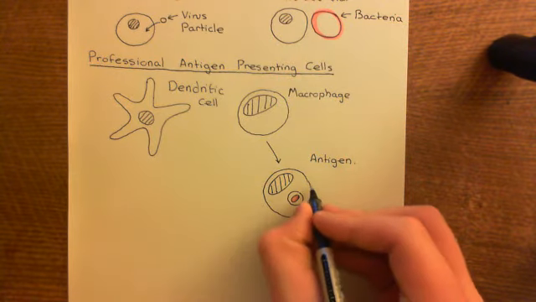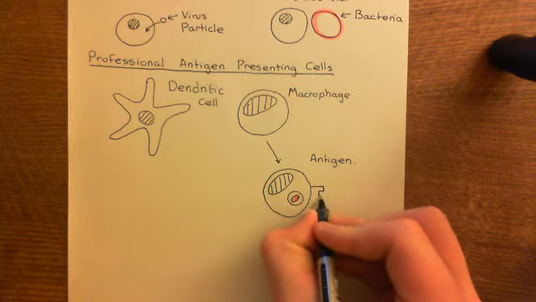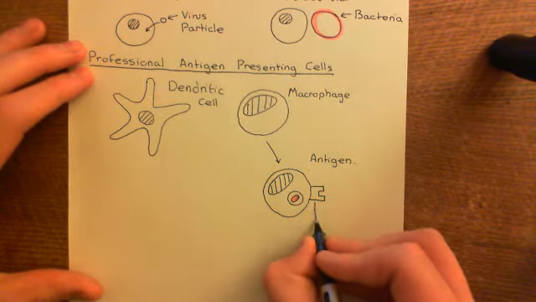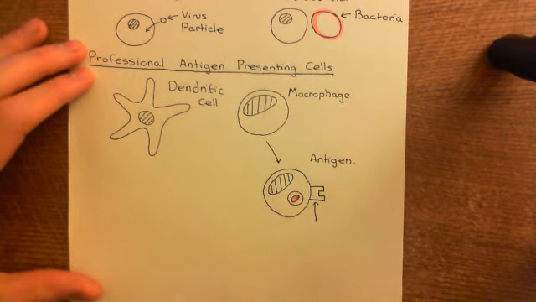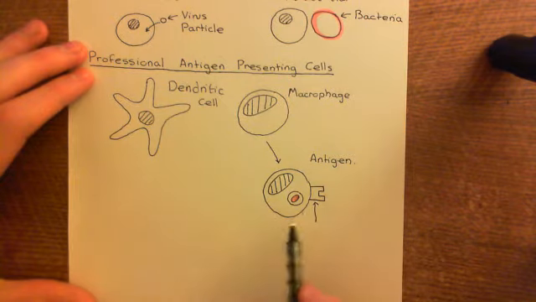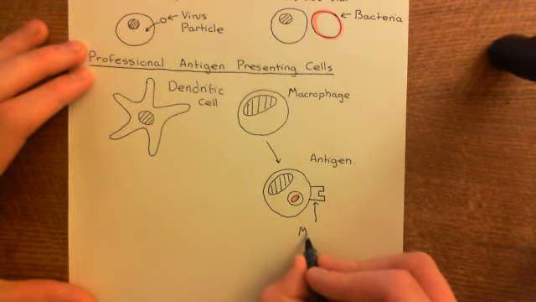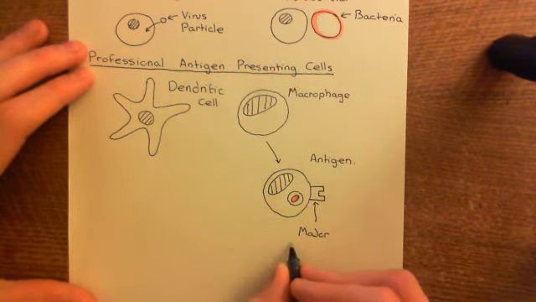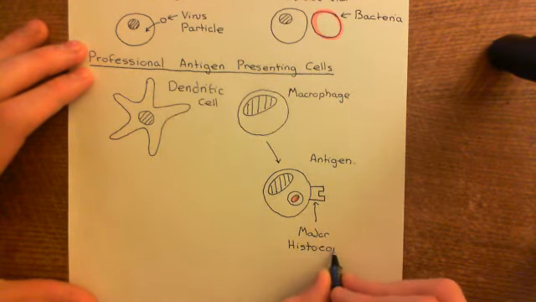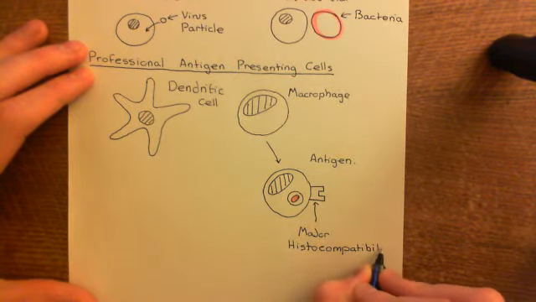Now, what we will do is present certain fragments of the antigen, so certain little pieces of the antigen, on a protein on our surface, okay, and it's actually a protein complex, but we won't worry about the details, okay, and this protein complex on the surface of the antigen presenting cell that you're going to load this antigen fragment onto is known as the major histocompatibility, and I left just the wrong amount of space to fit in histocompatibility there. Major histocompatibility, which is a massive great word, complex